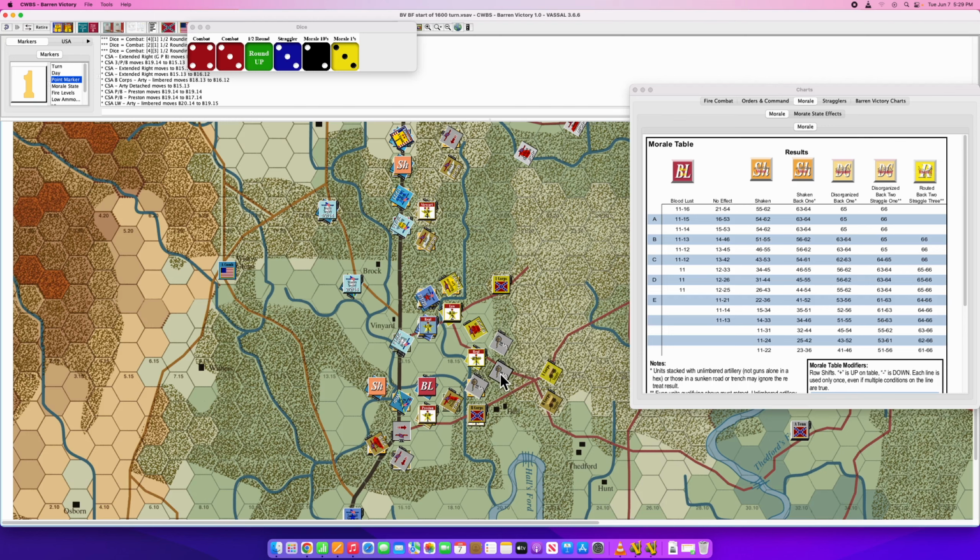And I can do the same here, although there's going to be an extra step we take. Oh wait a minute. This one starts out as unlimbered, so I unlimber for 3. Then I move into the hex for actually a half, so that's 3.5. I do have enough movement points to unlimber, but since I would be unlimbering within 2 or less hexes of the enemy, and